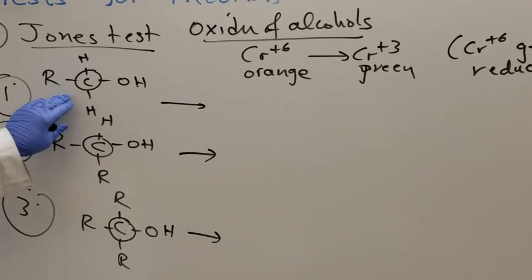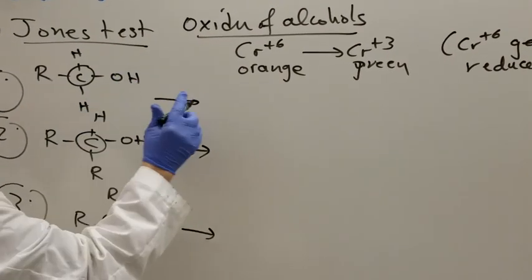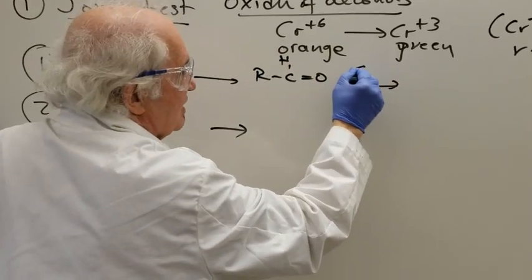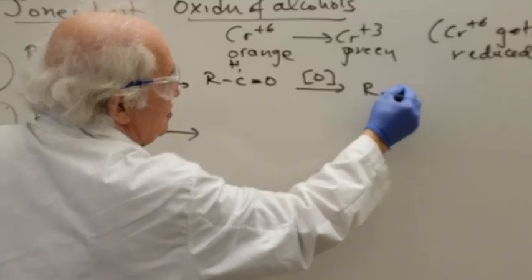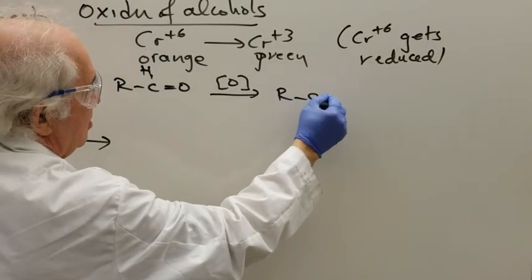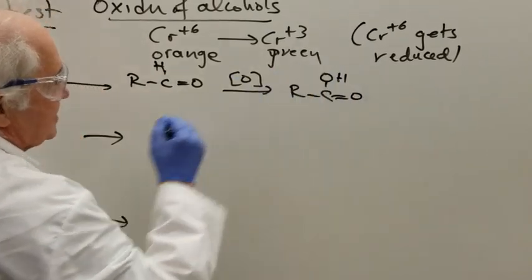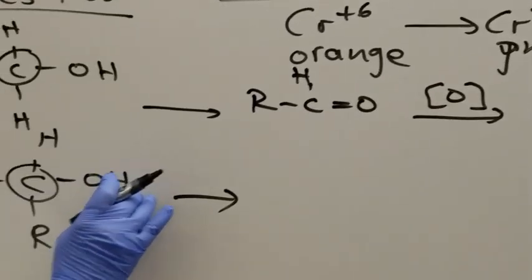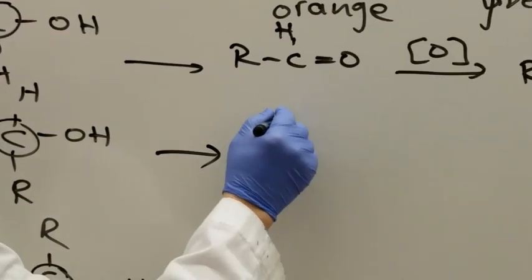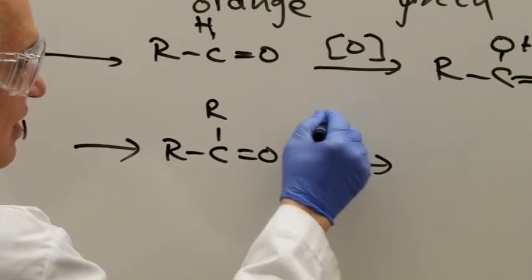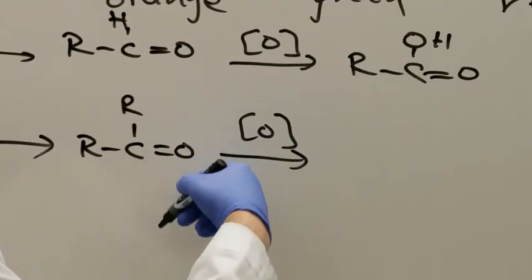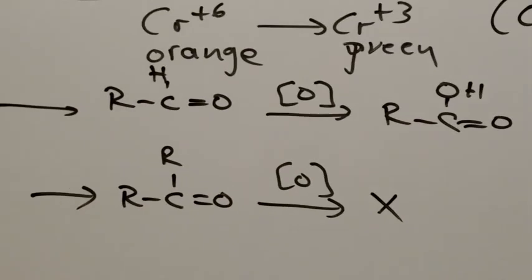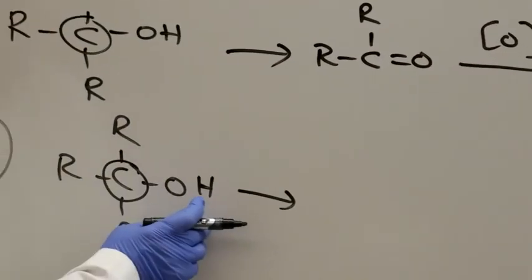So the alcohol now will get oxidized and you lose the H and OH here, so you finish up with an aldehyde first, which will get further oxidized to give you the corresponding acid. In the secondary one again, you lose a hydrogen and a hydrogen, so therefore you have an R, R, C double bond O with an oxygen. And if you cannot further oxidize, you stay where you are. And the tertiary alcohol, there is no H attached to the carbon that carries the OH, so therefore there will